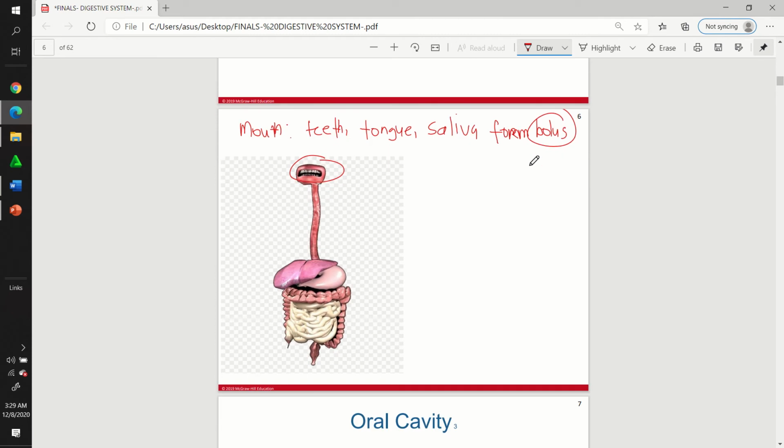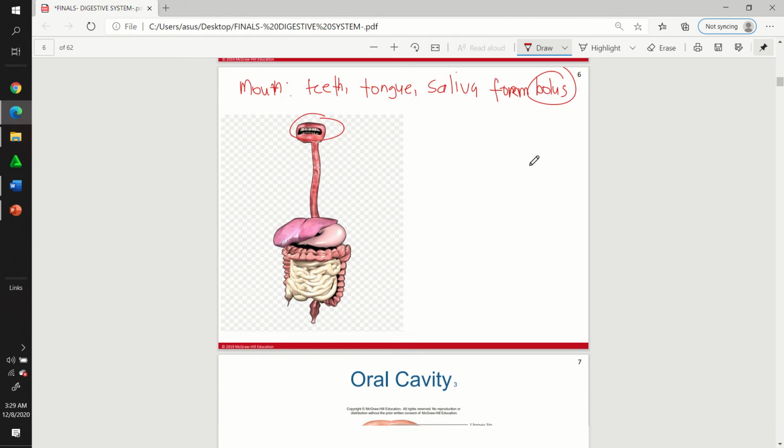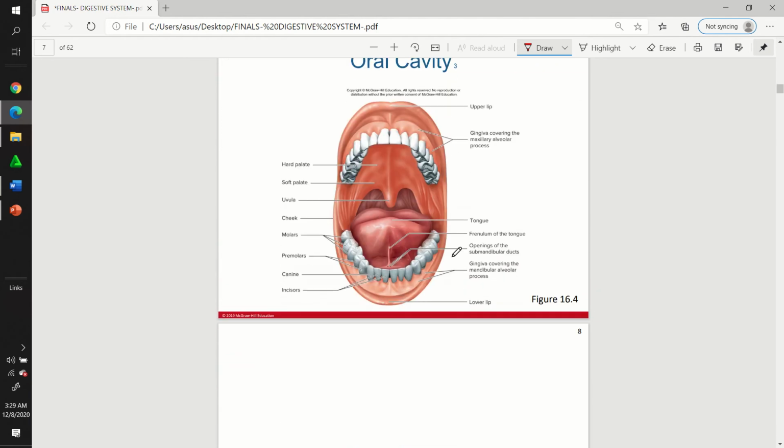Okay, so the first main organ in the process of digestion is your mouth. The mouth initiates the mechanical breakdown of your food. The food taken into the mouth is chewed, or masticated, by the teeth. Let's take a closer look at your mouth. The incisors and canines primarily cut and tear food, whereas the premolars and molars primarily crush and grind it.